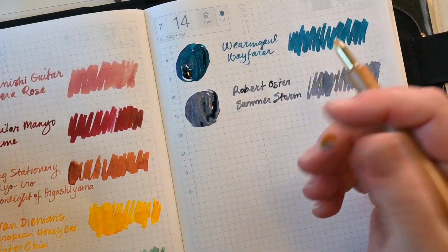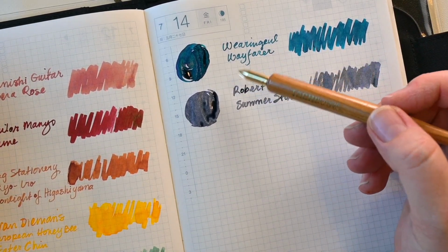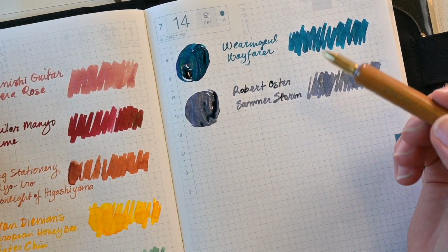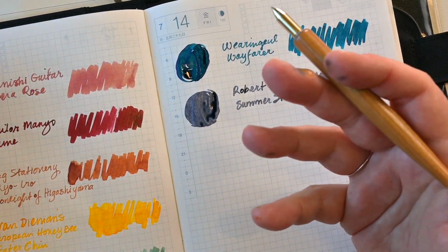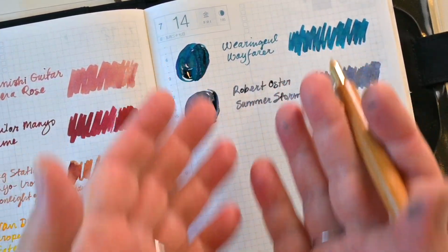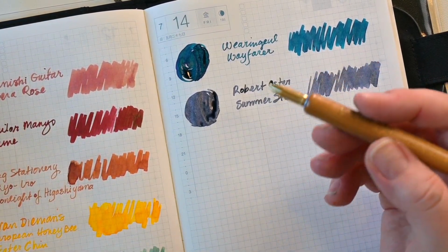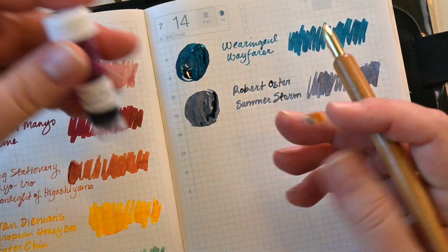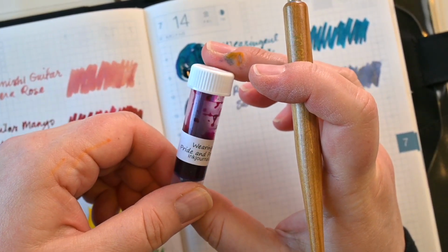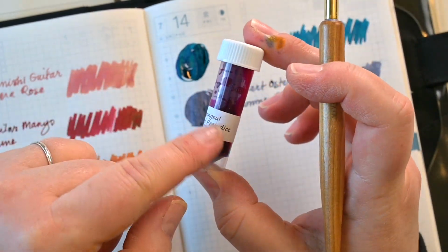Okay, now for the next category, which I also found just as confusing as the teal/turquoise category. Magenta. What is magenta? I always kind of considered magenta and pink the same thing, but I have a magenta ink that I really enjoy, and it is also a Waringal ink called Pride and Prejudice, one of my favorite books of all time, and one of my favorite